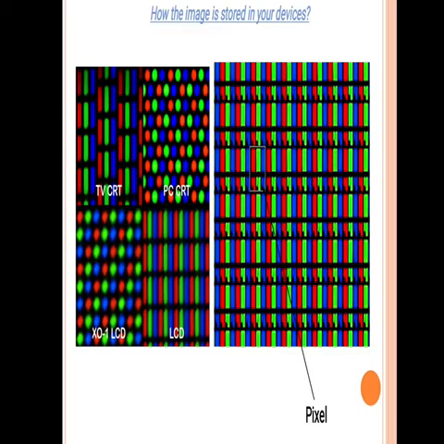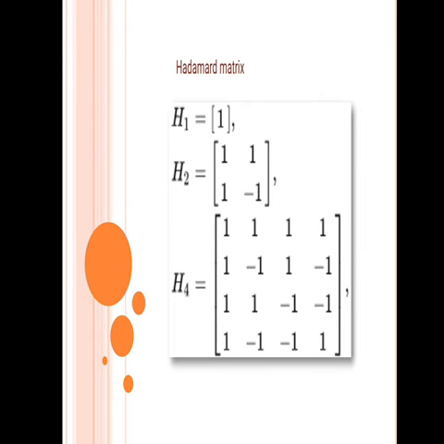In discrete maths, I use the Hadamard matrix for image processing. A Hadamard matrix contains only plus ones and minus ones, so it is easy to compute. Here are 3 examples of Hadamard matrix.